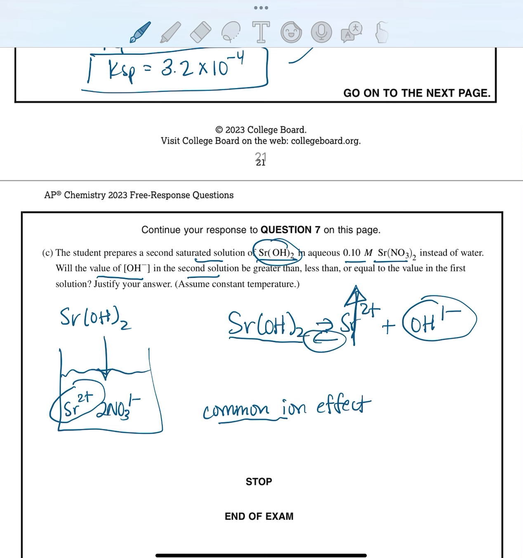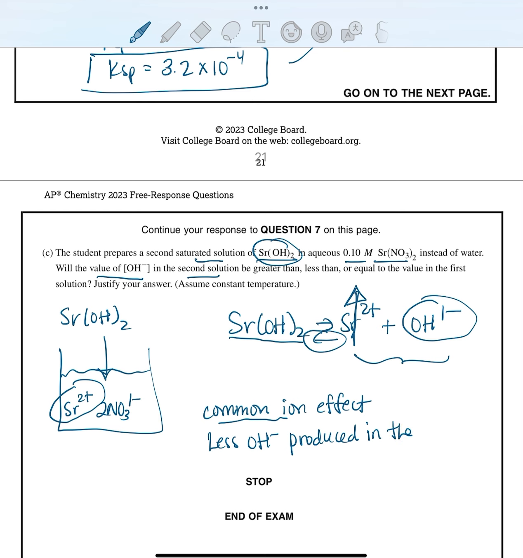In fact, what's probably going to happen is we're going to shift backwards. This is called Le Chatelier's stressor, where we are adding some sort of stressor, which is this extra strontium ion, and that's going to cause these products to collide. You have extra collisions on this side, which is going to shift my equilibrium backwards to the solid. So because of this common ion effect, I'm going to have less OH produced